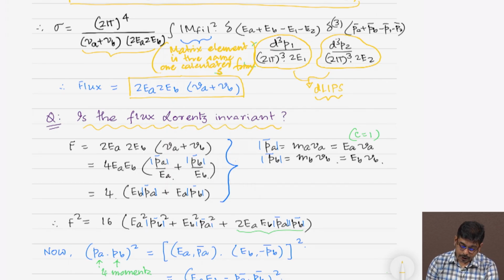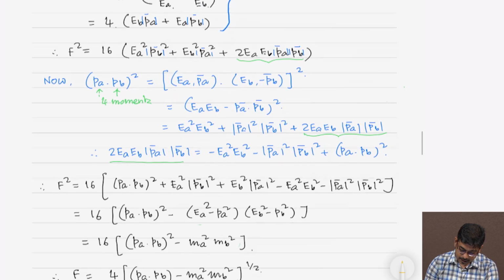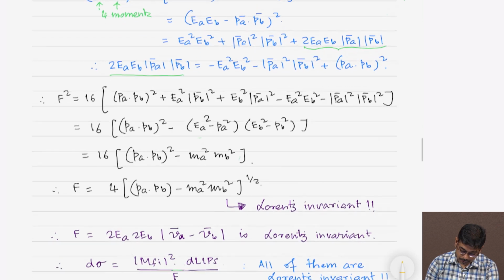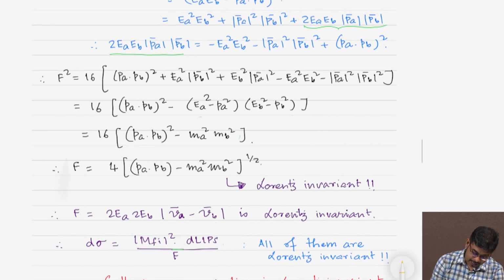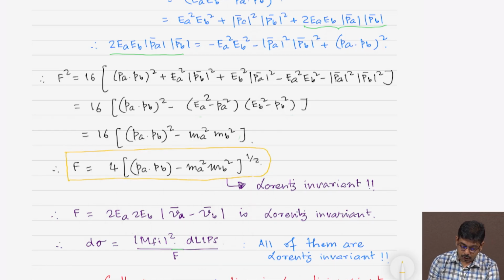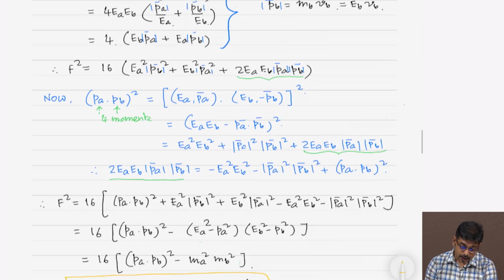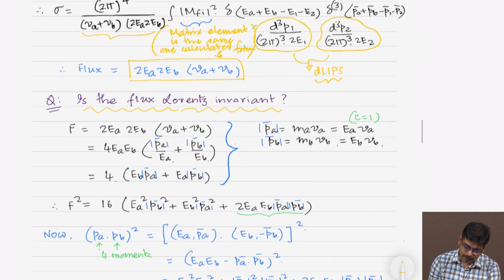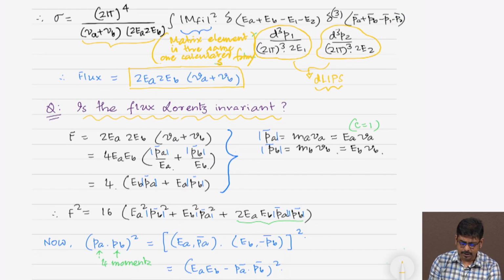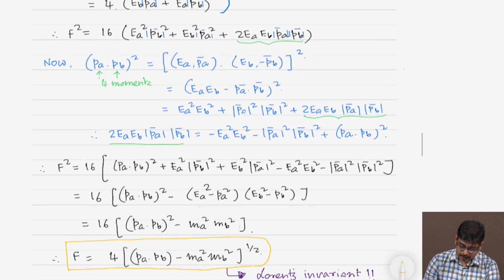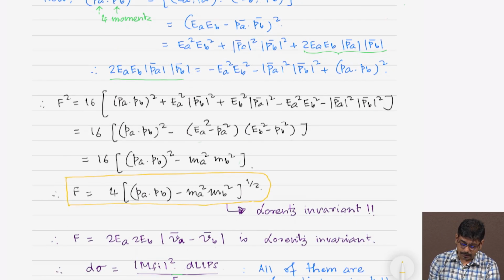I am not going to take you through all the steps here, but rather bring you to the final expression of this flux, that you can actually rewrite these terms nicely into a manifestly Lorentz invariant form and show that this flux, which did not look like a Lorentz invariant quantity, this 2EA into 2EB into VA plus VB, nicely gives you an expression of the form 4 into PA dot